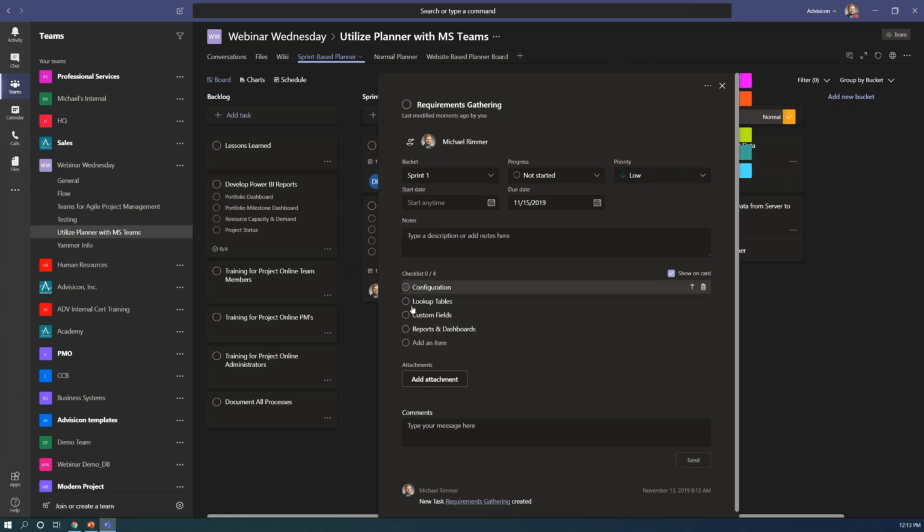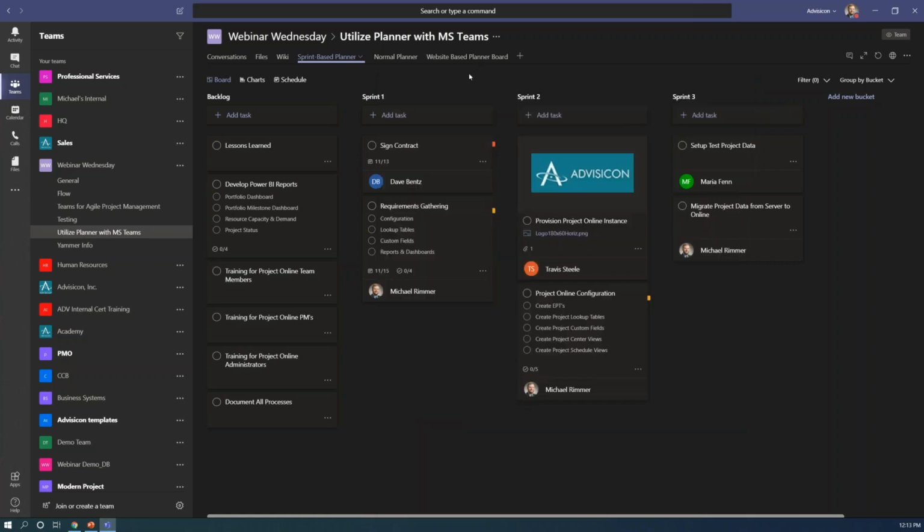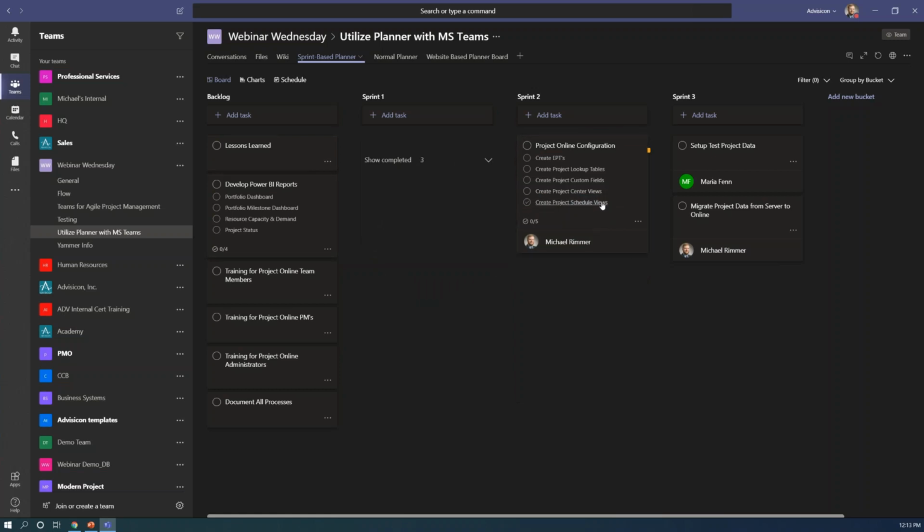But this is essentially all the information that you're going to gather for the particular task. So I have this lined out in a sprint formation. As tasks become completed, you can move them from sprints as you need to, move them over.